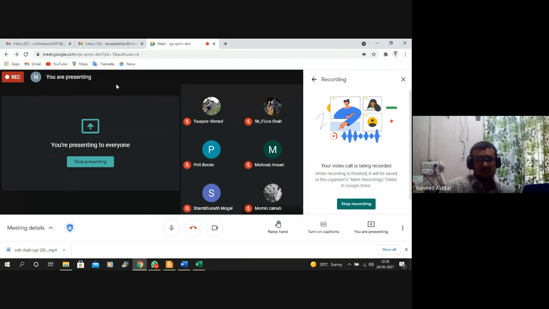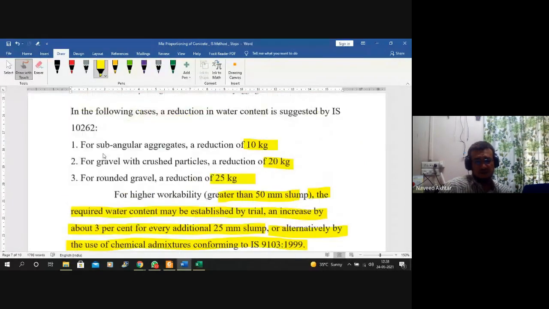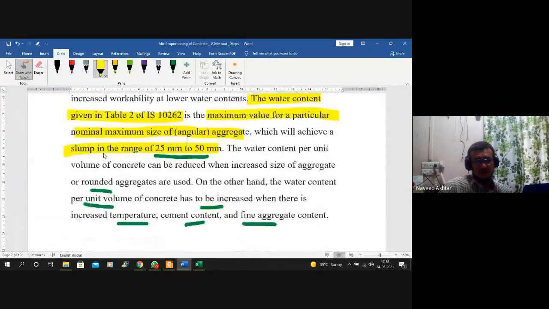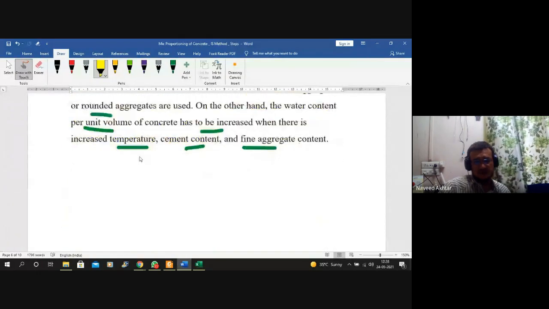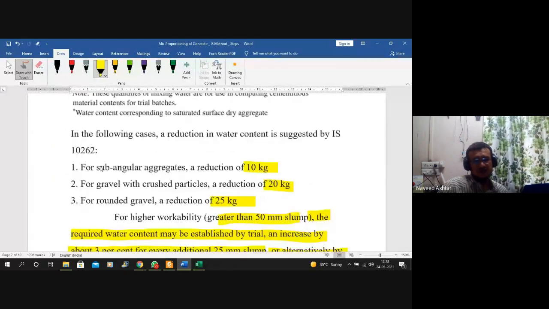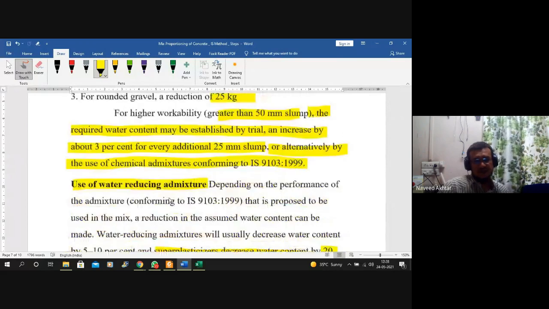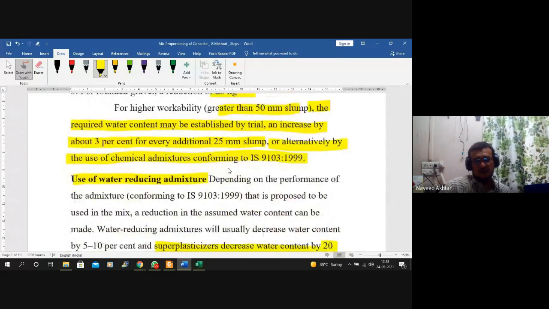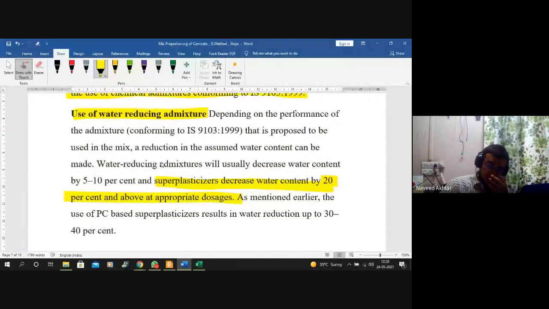So you can find out the water content from step number 3, the selection of water content from the table which is given in table 2 of IS 10262:2000, and their correction based on the slump value, based on the type of aggregate, and based on the chemical admixture we are using.